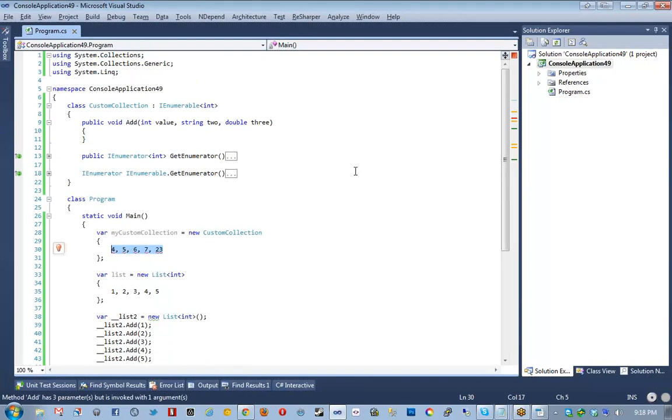We use basically the same format that we saw used with the dictionaries. So we pass in 1 and then 2 and then